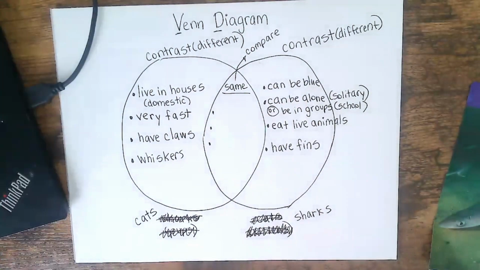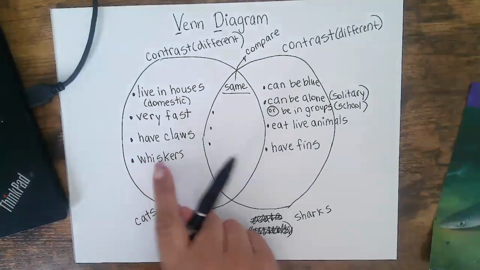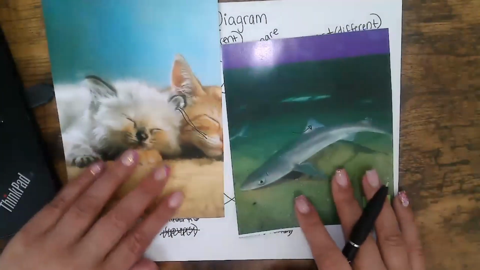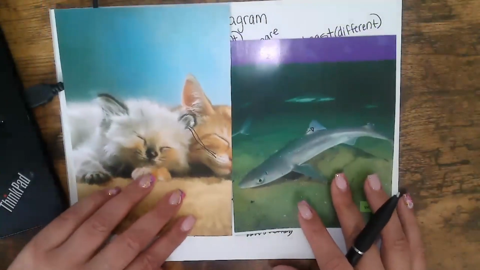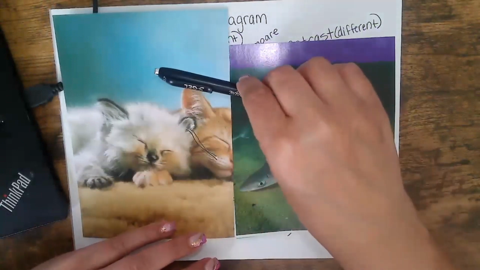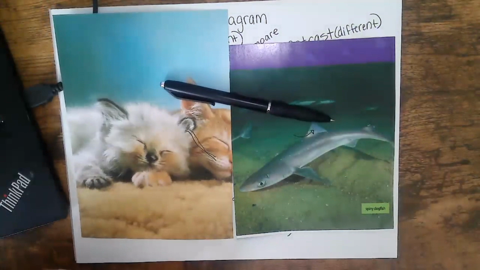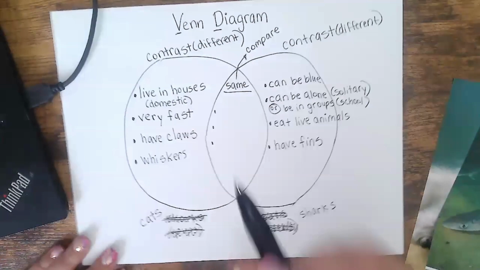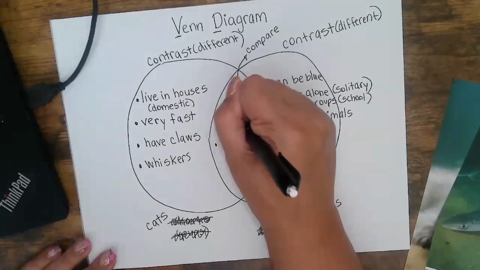Excellent. So now we have to figure out some things. How are these two the same? How are cats or kittens and sharks the same? Go ahead and pause. And how would you say they're both the same? Okay, let's see. Well, they both are animals. They're both animals,